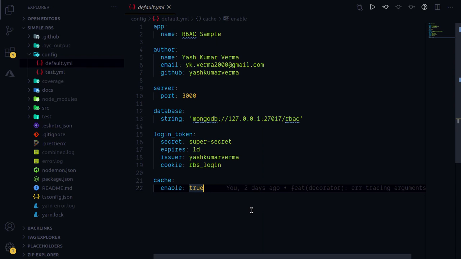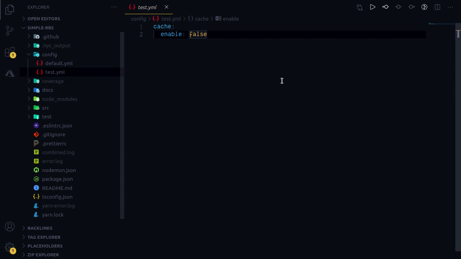Whenever we are running tests, cache can cause a lot of issues, because a lot of database calls are happening, and if we cache them, we can get into trouble. We would not see the variation of data that we usually get when making minor changes, and testing the edge cases can become slightly difficult. So in the test environment, the cache is disabled by default.